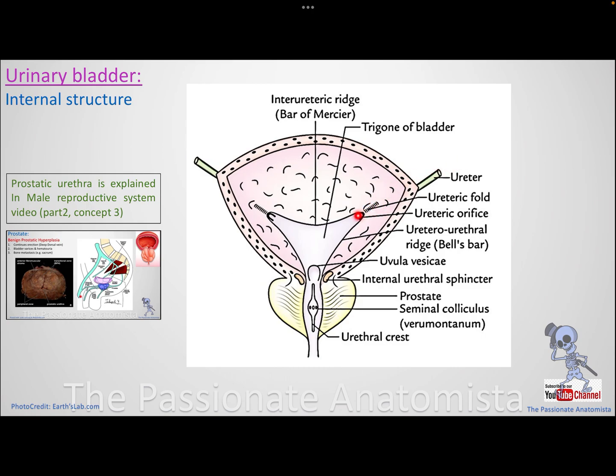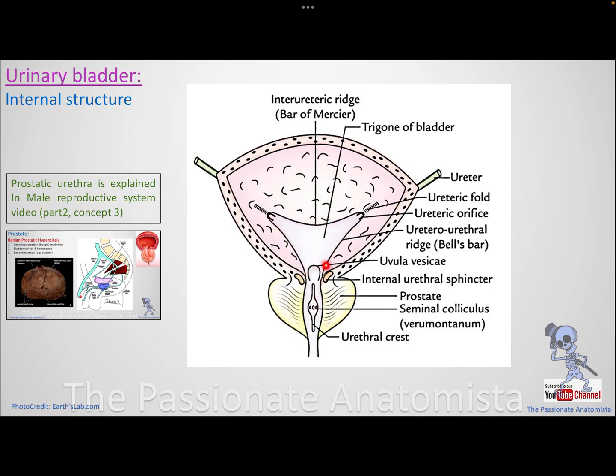And because of the running of this part, we have an elevation on the mucosal fold, and this is what makes what we call the ureteric fold. And in between the two ureteric folds, we have what we call the interureteric ridge, which is also an elevated part in the mucosal lining of the urinary bladder. And if you try to draw a triangle between the openings of the two ureteric orifices and the start of the urethra here,